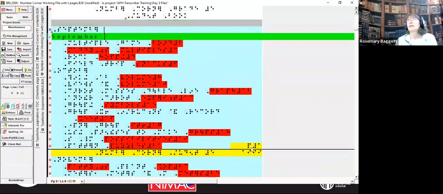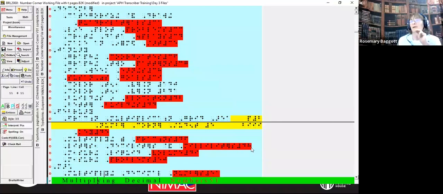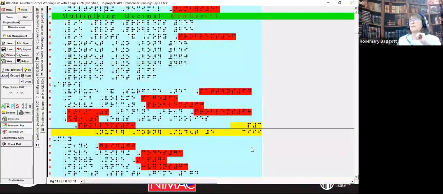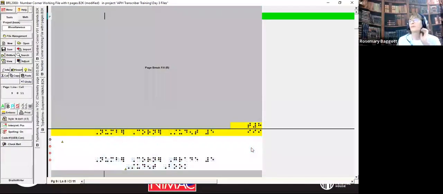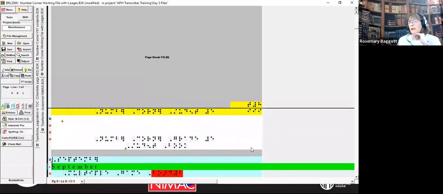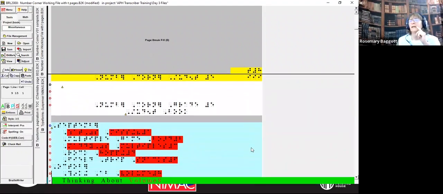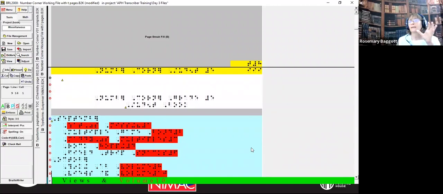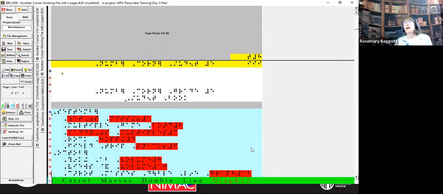That's the page settings. Let's go back and look at the actual table of contents. This is a relatively short and simple one, and I'll show some examples a little bit later of other issues you might run into. But in this table of contents, first of all, hopefully you can see the blue shading. This is a Braille 2000 feature when importing NIMAS files. The blue shading is called a block, and it is used wherever there's a nested list or a table, or what Braille 2000 interprets as a nested list or a table.